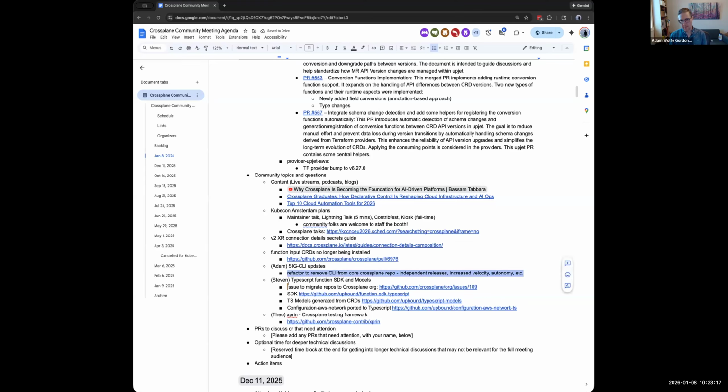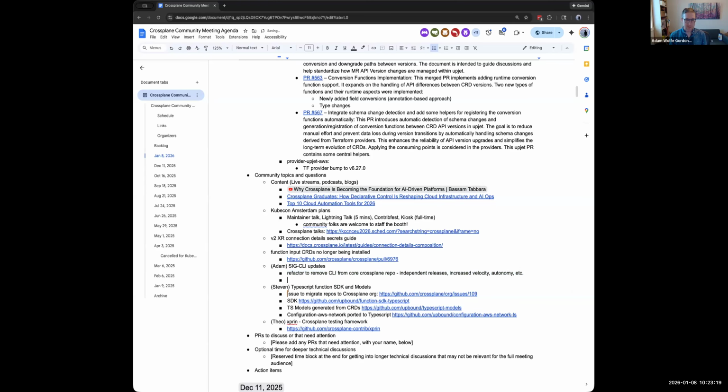So the first step toward doing that is to decouple the CLI from internal packages in Crossplane. Currently, it does import a few internal packages. And as Jared just wrote there, in order to do that, we need to move some things into Crossplane runtime or somewhere else in the Crossplane organization.